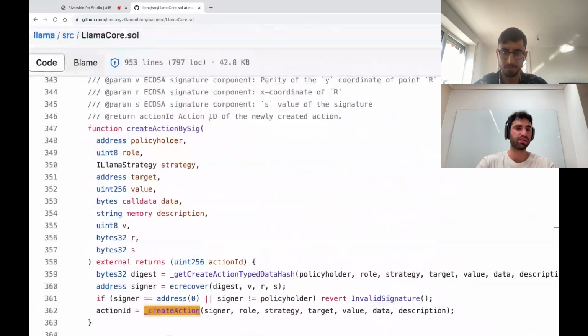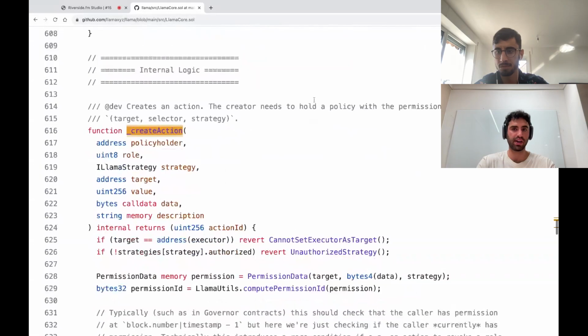This allows meta transactions to also create actions on a policyholder's behalf. One feature we could enable with this, in our off-chain application, is offering gasless transactions for creating actions.